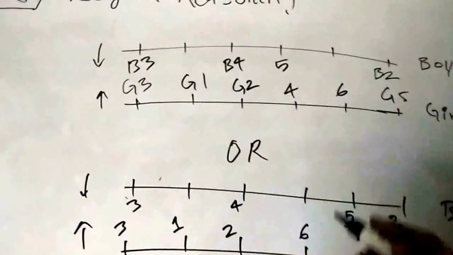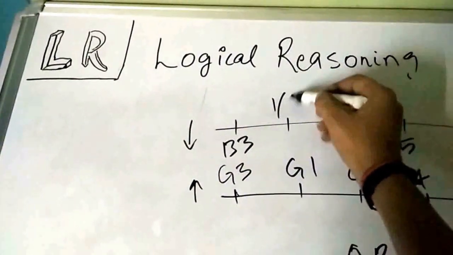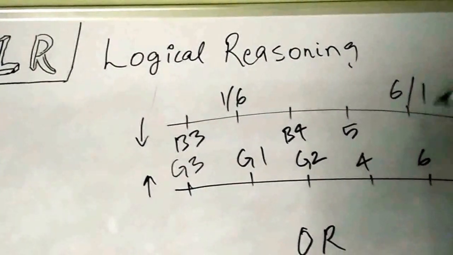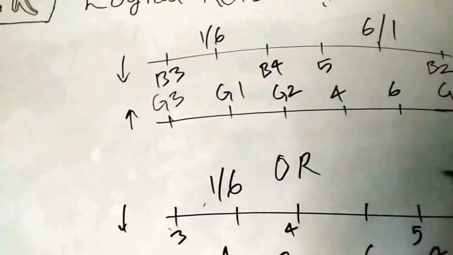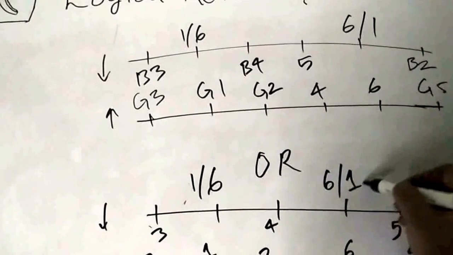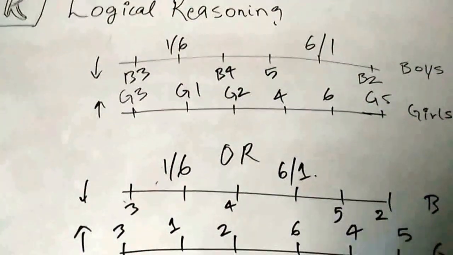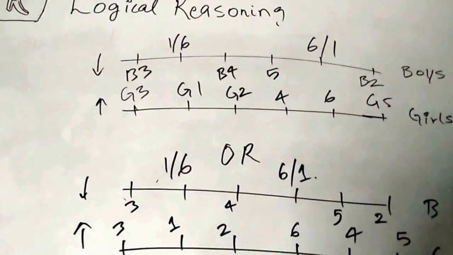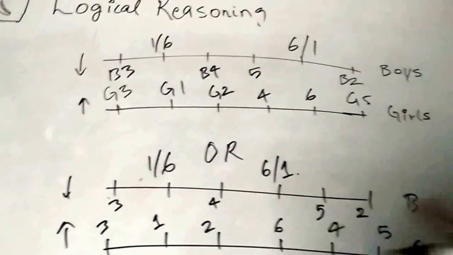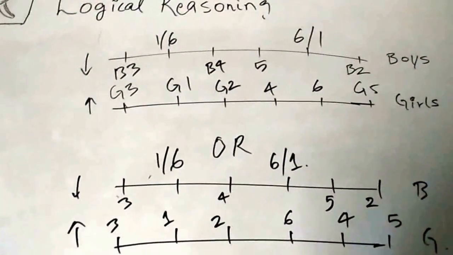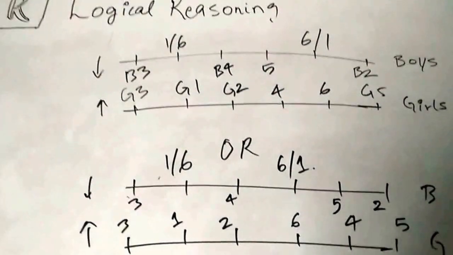We're still unsure about the 1 and 6 part, right? So we'll mark 1 and 6, and 6 and 1, and similarly here we'll mark 1 and 6 and 6 or 1 in these cases. So this is the final diagram for this question. We don't have to make 2 more and 2 more for this, because we have almost used all the clues in the given question. Let's move on to the questions for now.